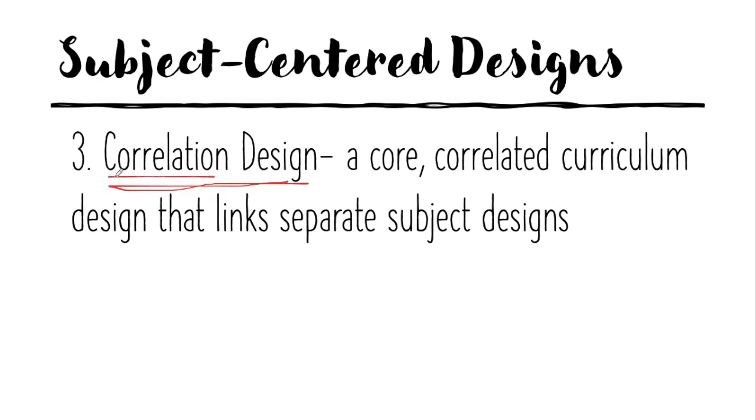Correlation design means it links separate subject designs. You have different subjects, but those that are related to one another are linked. Say you have science and math. We all know that science and math are two very related subjects. So in your correlation design, there is going to be a core curriculum that links the